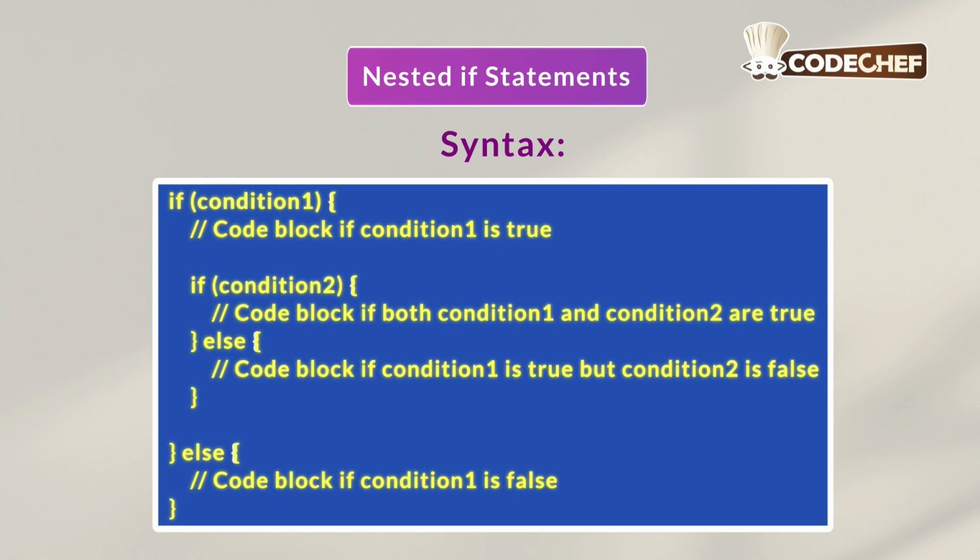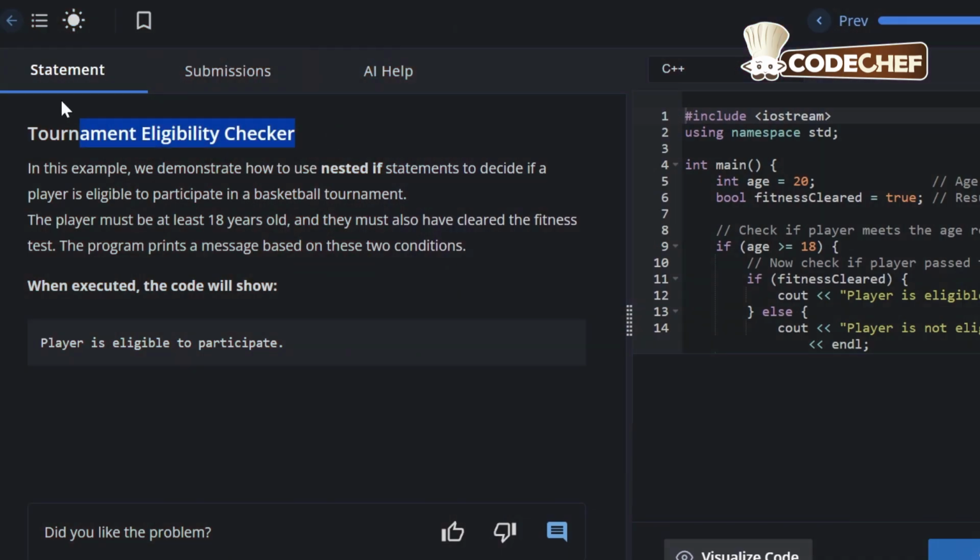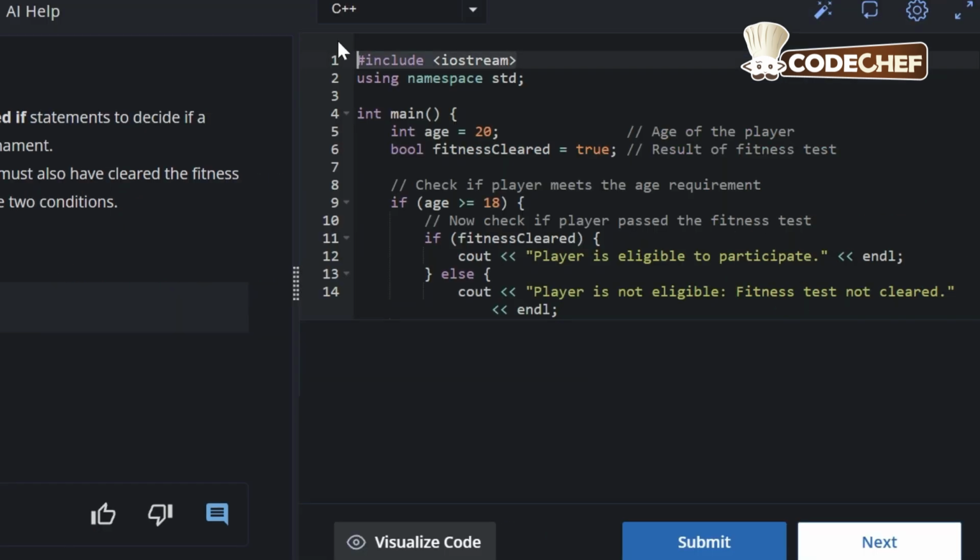Now let us go to the CodeChef platform and see how to use nested if statements in C++. The program objective is a tournament eligibility checker. The expected output is "player is eligible to participate." Coming to the code: #include <iostream>, using namespace std;